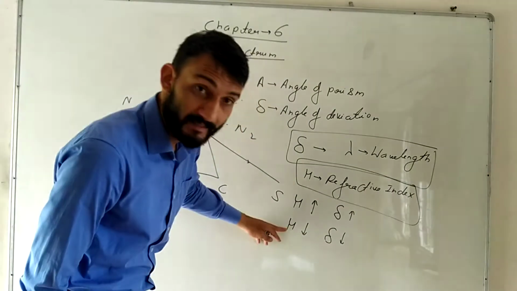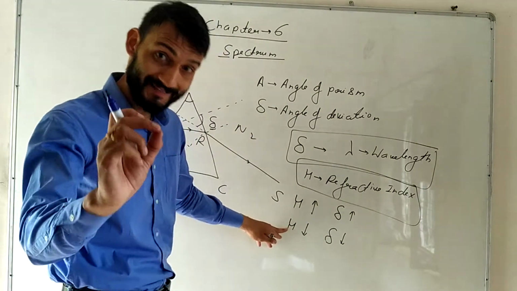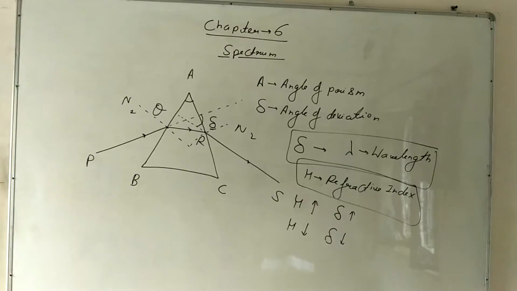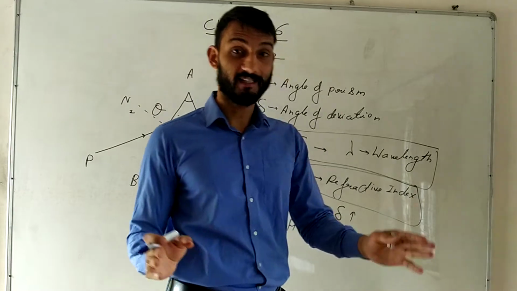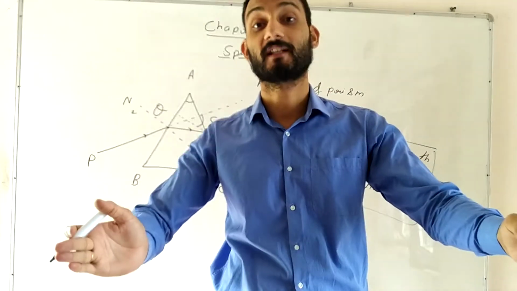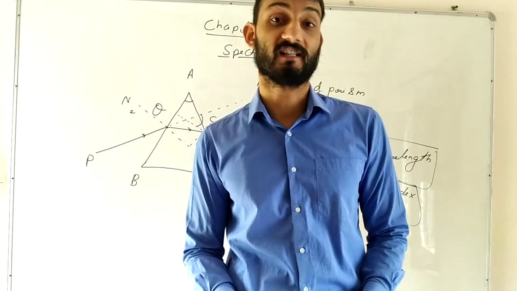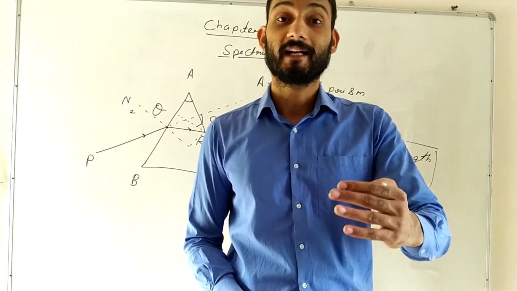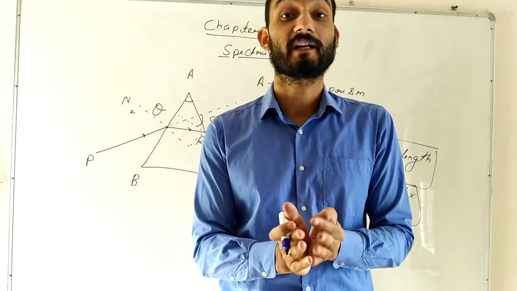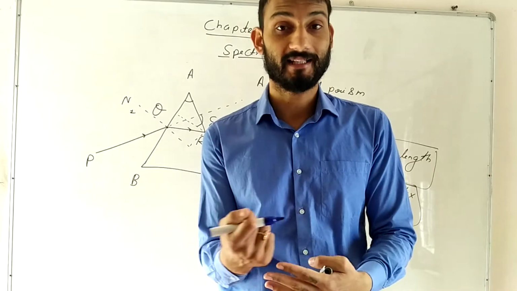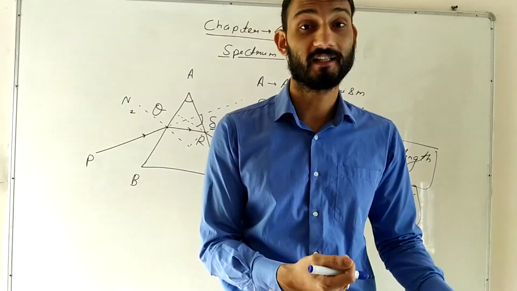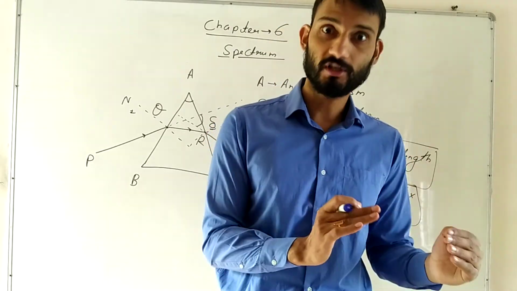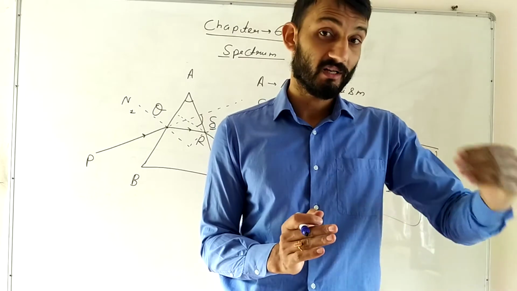Now, further, this refractive index has a relation with the wavelength of light. How? You remember, whenever light passes through a transparent material like a prism, it splits up into 7 colors. Okay, so white light is made up of 7 colors. And whenever this white light passes through a transparent material, it can be anything. It can be a scale also. It can be a prism. It can be a water droplet. Any transparent material it passes through, it splits up into its constituent colors. Okay. So white light is made up of 7 colors.